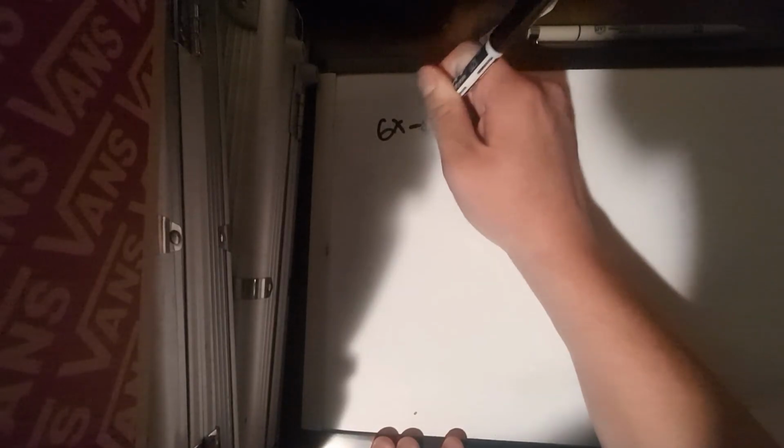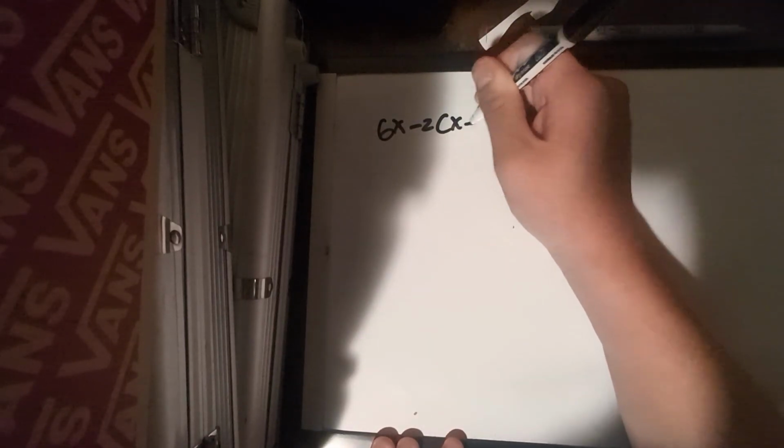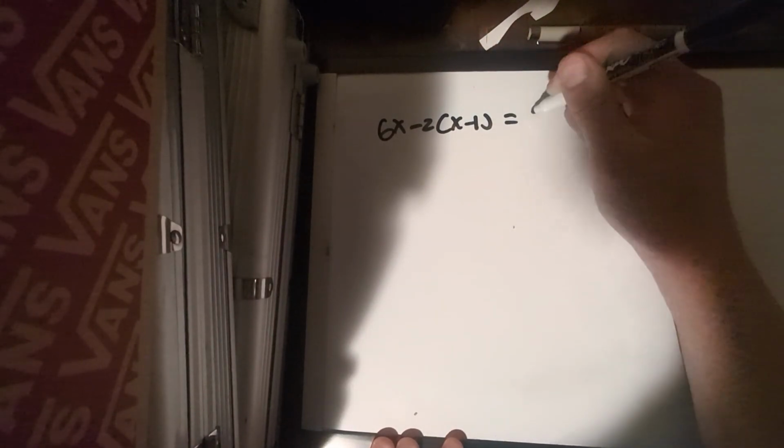We're back at you with some college algebra. Still on exam 1, but we're doing a new problem today. We are doing 3A and 3B. So let's go ahead and start with good old 3A. The question is 6x minus 2 times x minus 1 equals 4